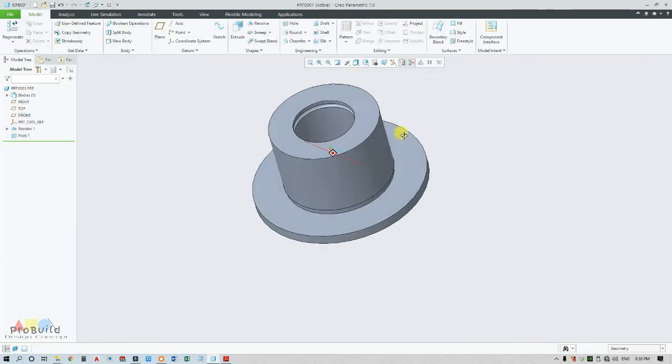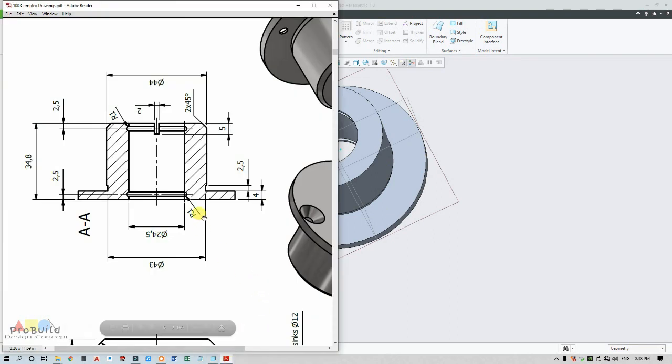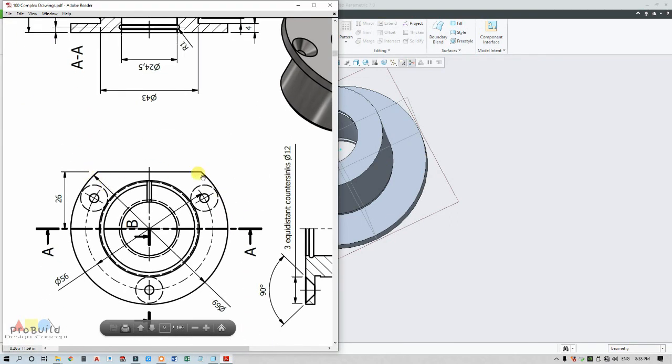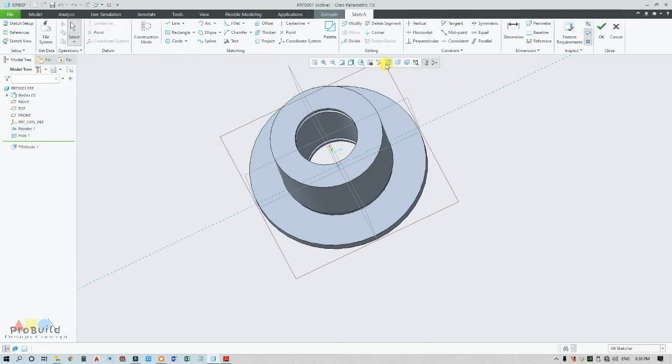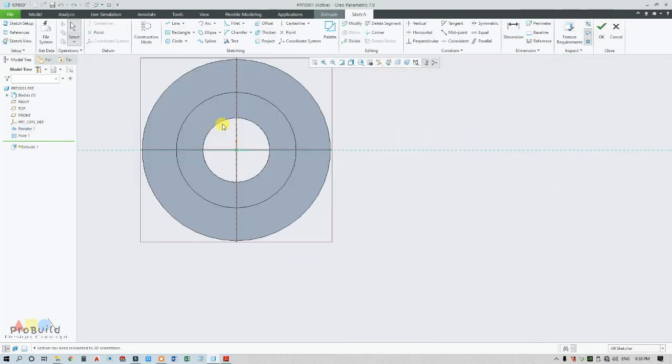Now I'm going to take a cut here, which is actually offset from my center plane, and the end is going to be 26. So select this surface, go for an extrude, and project this line.